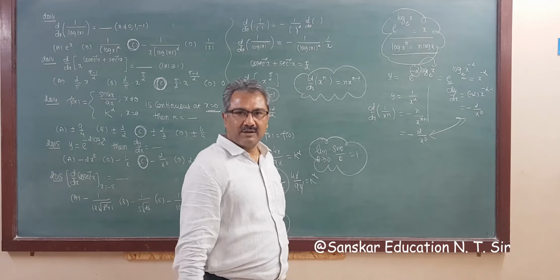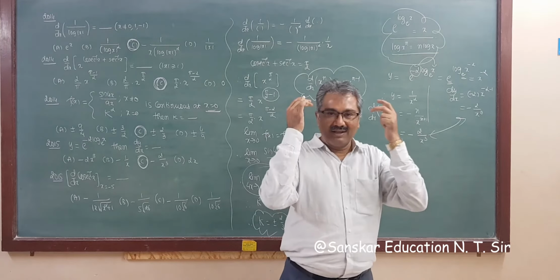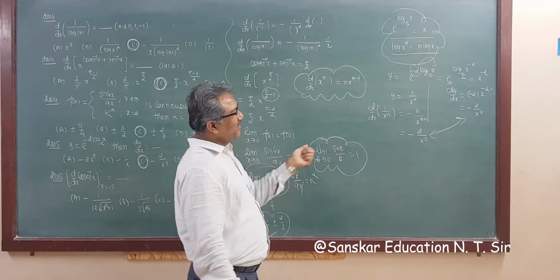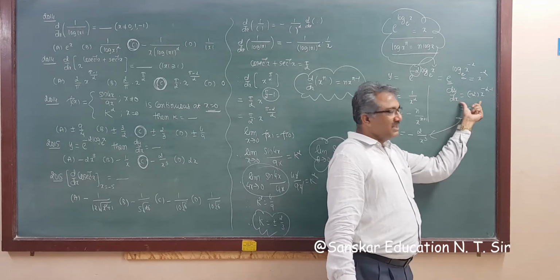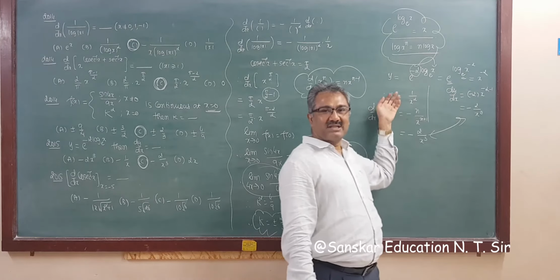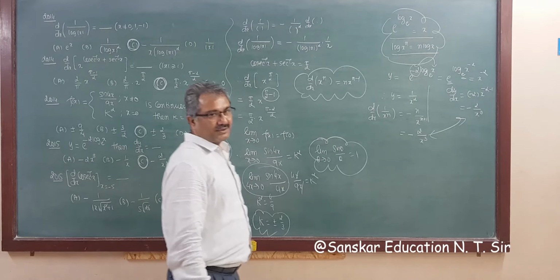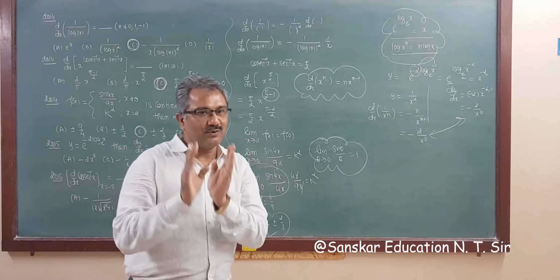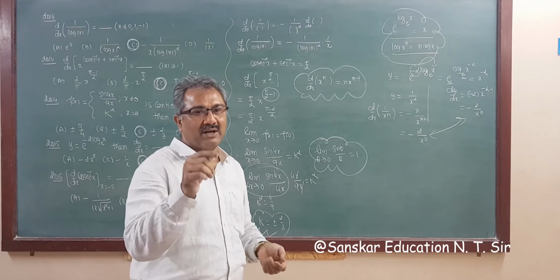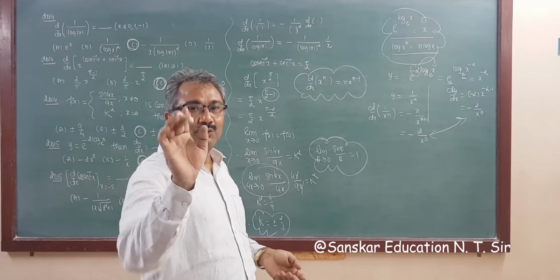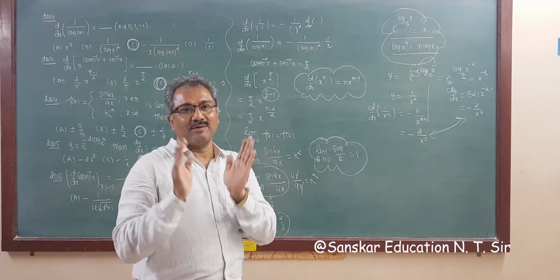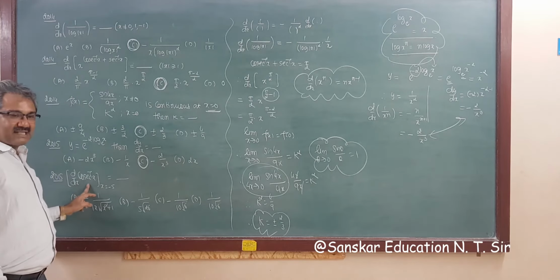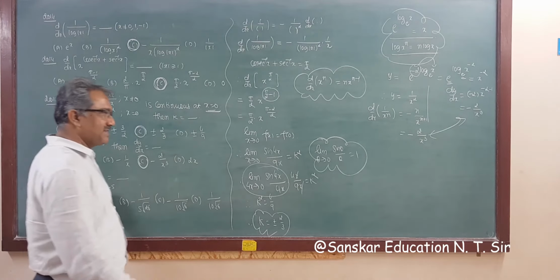So you have to apply whatever your mind recalls from your hard disk. If you know this, then apply this. If you remember this method, you can apply this method. But the answers are the same. So there are lots of methods for solving the examples. You have to adopt any one, whichever you know, but mathematically correct.